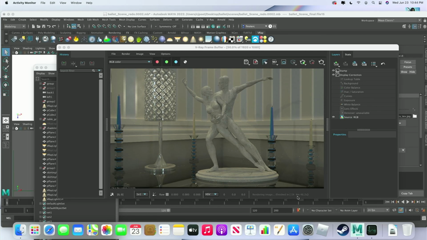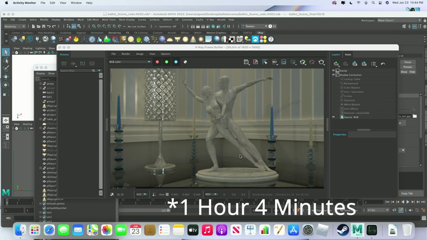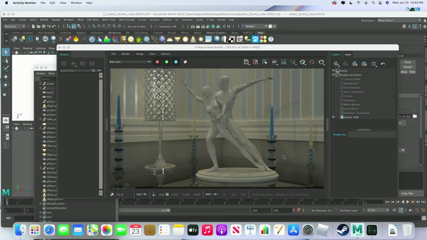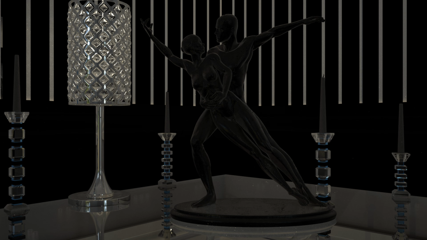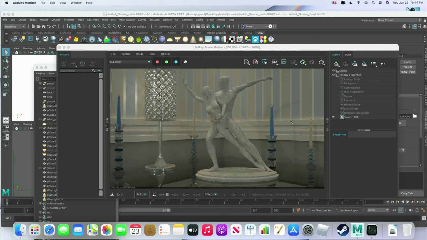Ultimately, the render took 1 hour and 46 seconds, but didn't come out perfect. You can see all the white dots everywhere. Again, these are in areas with higher sample rates and are a result of problems with color mapping in the reflection layer. This is something I've seen in the past, and while there are ways to deal with it, it usually leads to other problems, and honestly, I haven't used bucket rendering in years, so let's move on to progressive